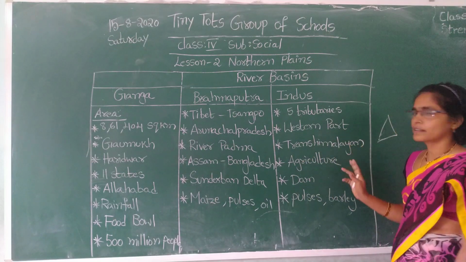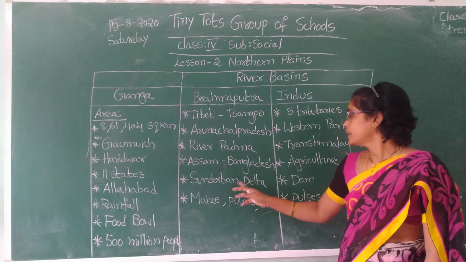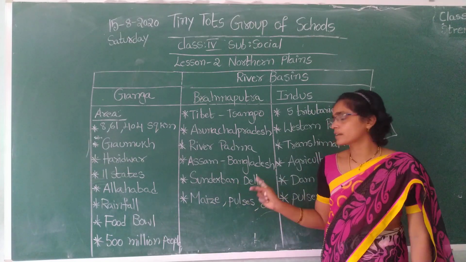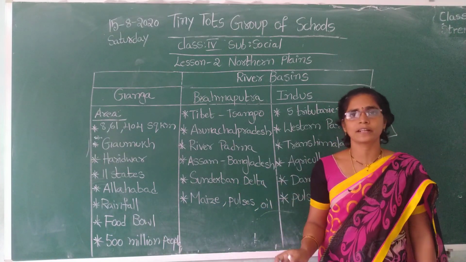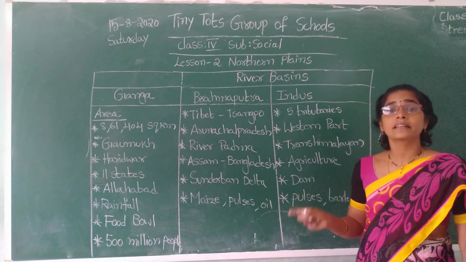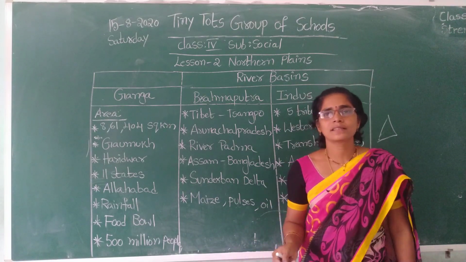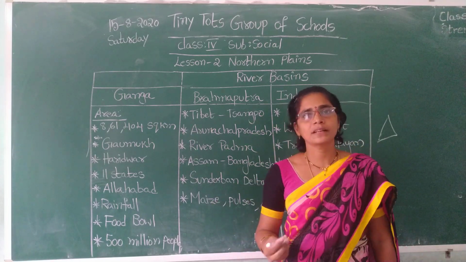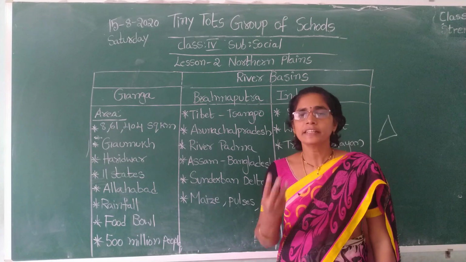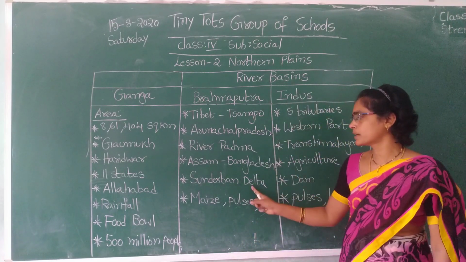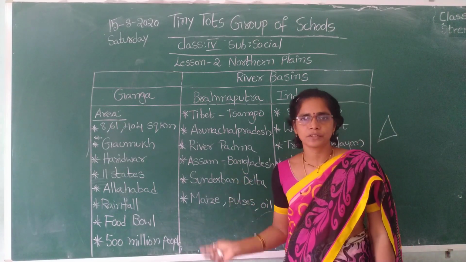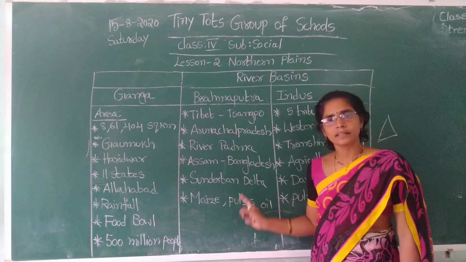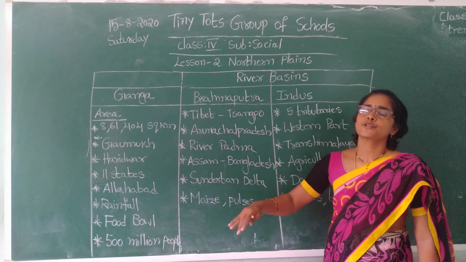Okay, let me complete Indus also. See, it is creating the Sundarban Delta. That Sundarban Delta is also called the Ganga Brahmaputra Delta, and it is also called the Green Delta. Why? Because a lot of crops are cultivated in the delta because the land is very fertile. It has 3 names. First one is Sundarban Delta, second one is Ganga Brahmaputra Delta, and third one is Green Delta. Where is that? It is in northern India and parallel to the Himalayas.